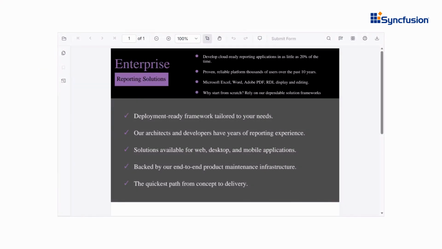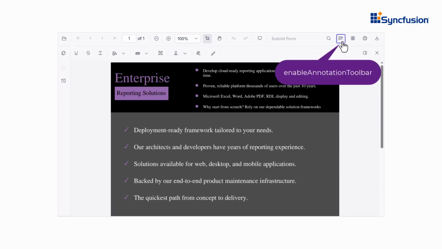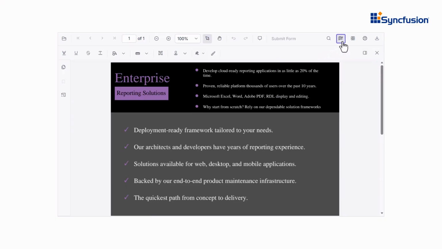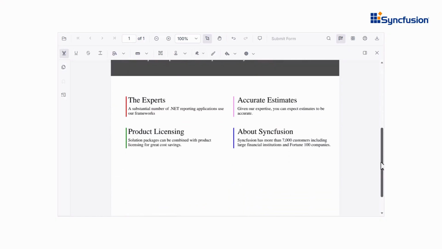Need annotation tools? You can add the annotation toolbar using the Enable Annotation Toolbar property. It provides options for adding text markup annotations such as highlight, underline, strike through, and squiggly. Users can also draw shapes like lines, arrows, rectangles, circles, and polygons, or use the ink tool for freehand drawing